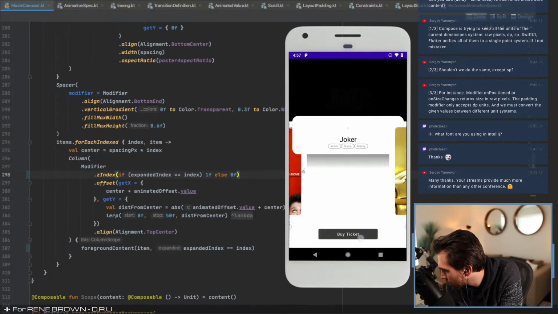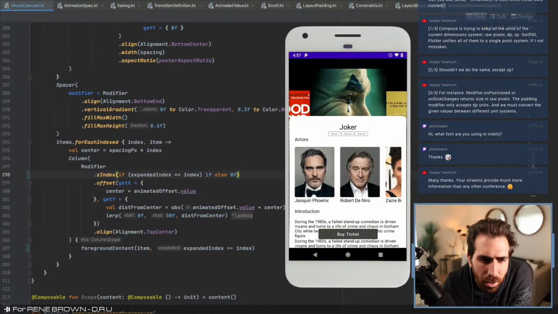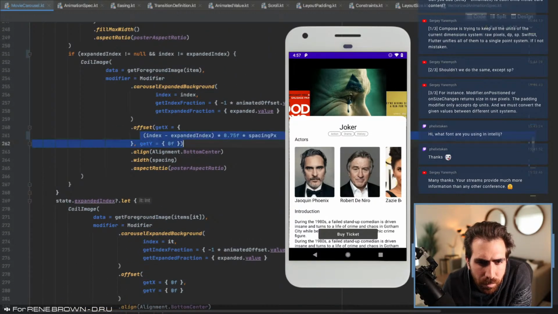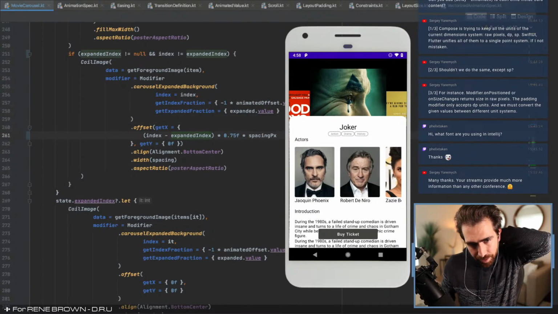Yeah, so both of these, it looks like they're starting off all in the center. So like I kind of wonder if